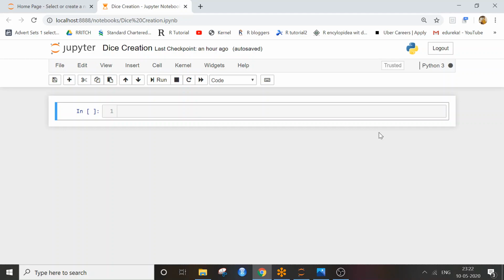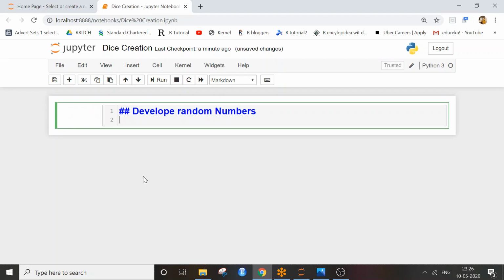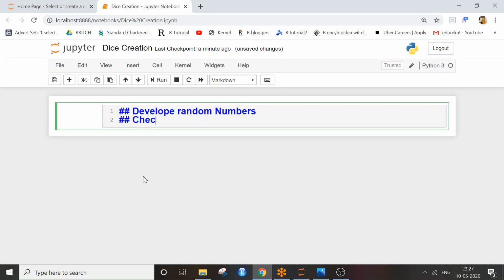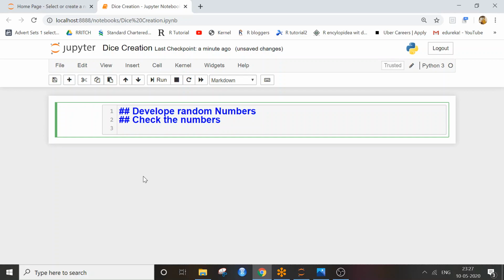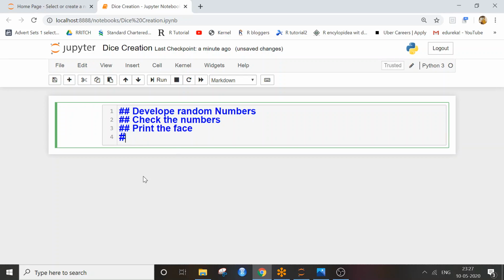So a rough algorithm for this would be numbers, that is from 1 to 6, as I hold these numbers. Check the numbers if they are correctly printing. And next would be to print the face with the design of the die, and the last would be obviously to build the looping.